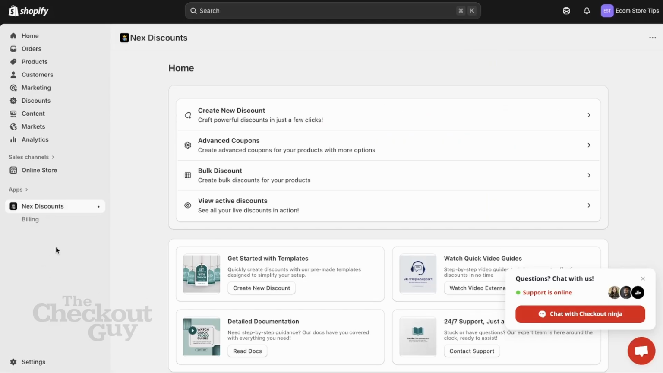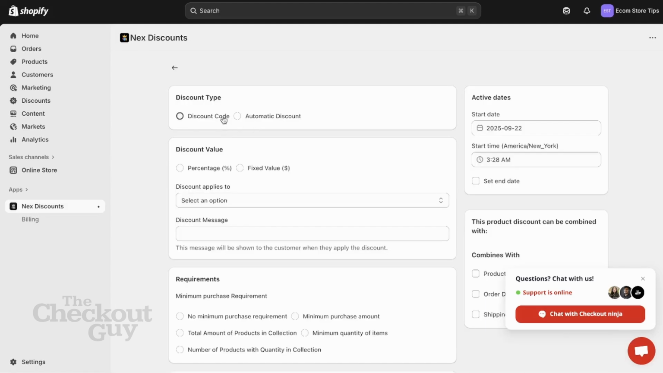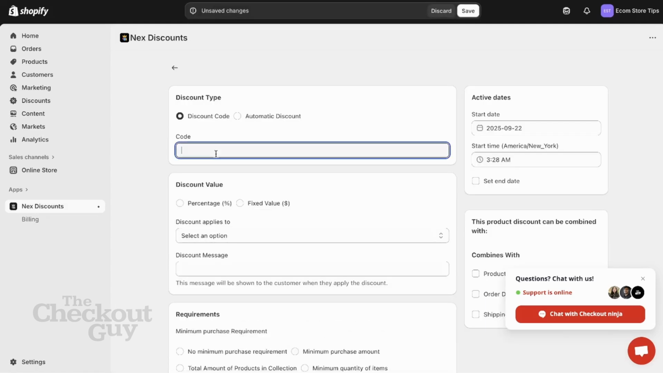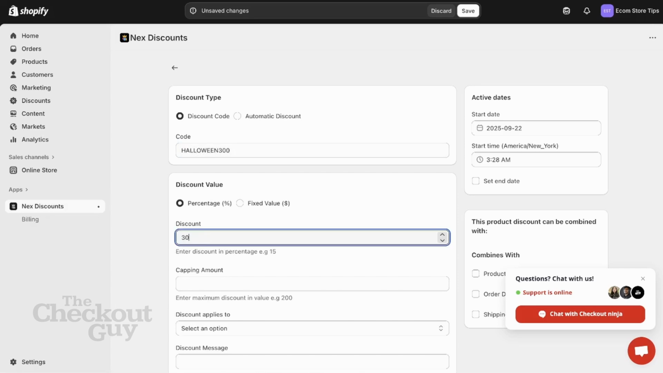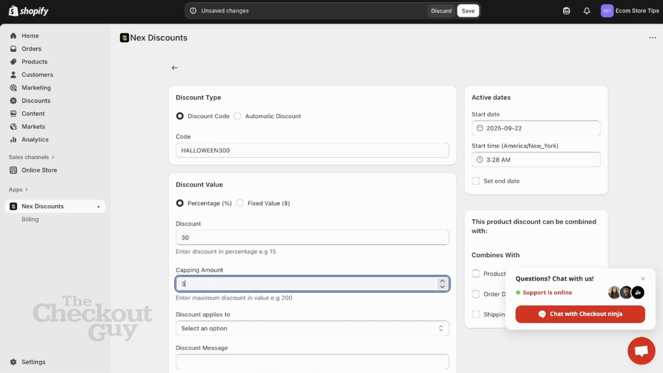After installing it, open the app from the Shopify admin panel and click on Create New Discount. Just choose discount code as your discount type and add any discount code. For now, I am adding Halloween 300 as my discount code. I'm planning to give a discount percentage of 30 with the capping amount as 300. So, this capping amount will make sure that the discount amount will never go beyond 300. Even though 30% of the cart value is higher than 300, our cap amount ensures that the maximum discount